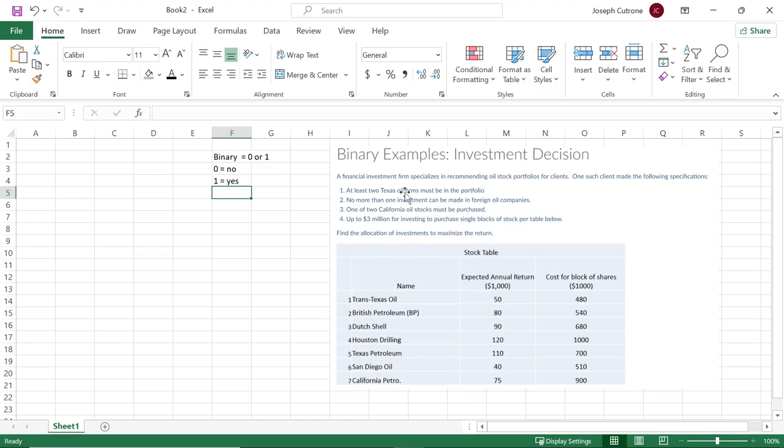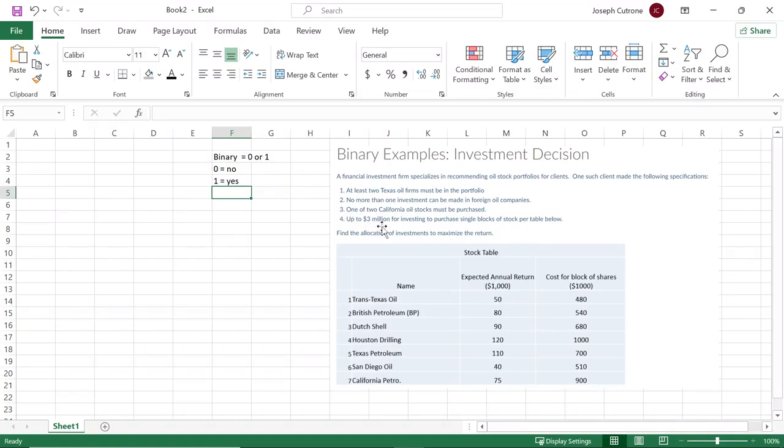Now, just so you know what we're looking at here, we have a bunch of constraints up here by the client. That's fine. We have 7 stocks that can be bought in block. Now, watch the units here. These are in thousands. So one block is 480,000. We'll leave the number small for Excel, but then when we write our summary sentence, we have to watch our units. The return here is in thousands of dollars, the expected annual return is all positive,